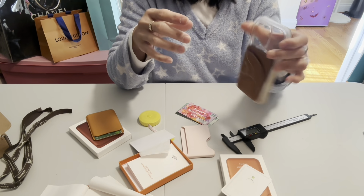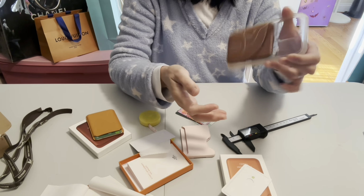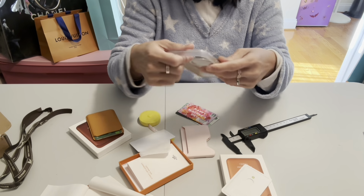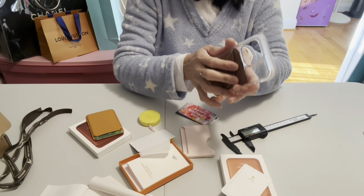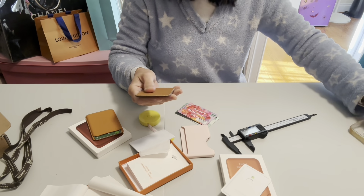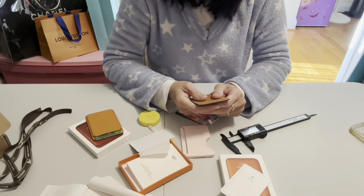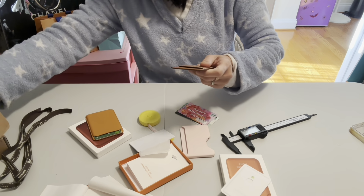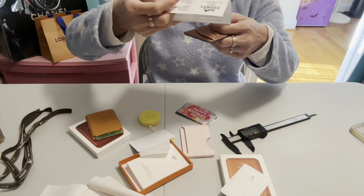The magnet is strong. If you shake very hard, then it will come off. But if you just do like this, it will not come out. And that's it for today. And I hope this, oh, and this one retails for